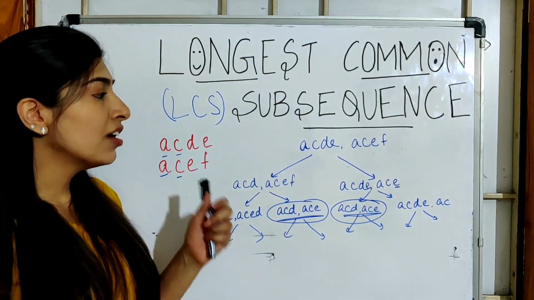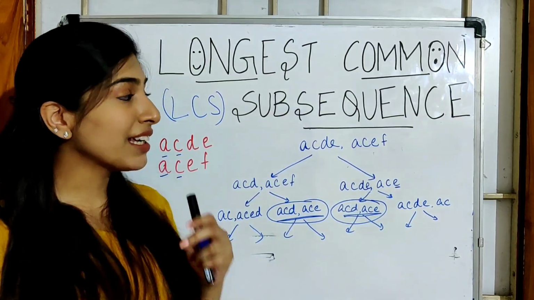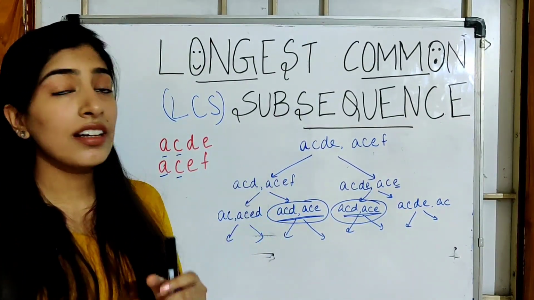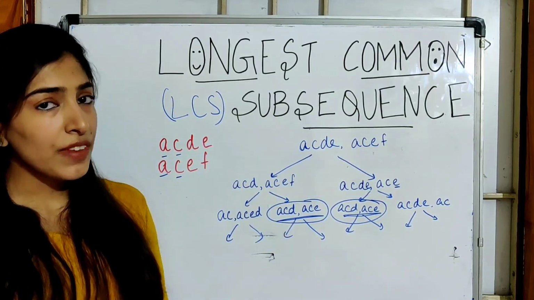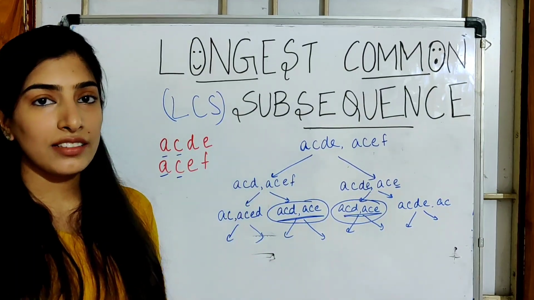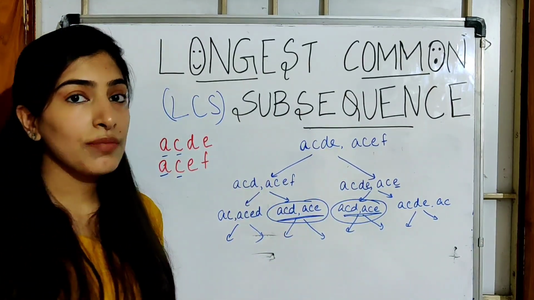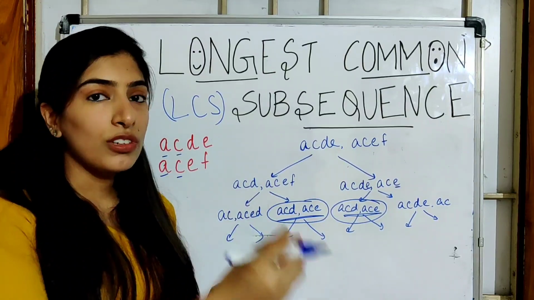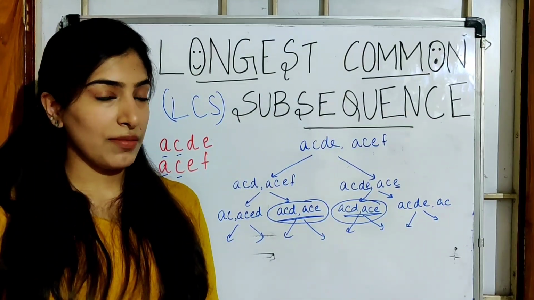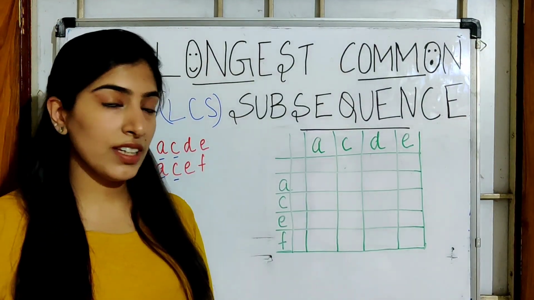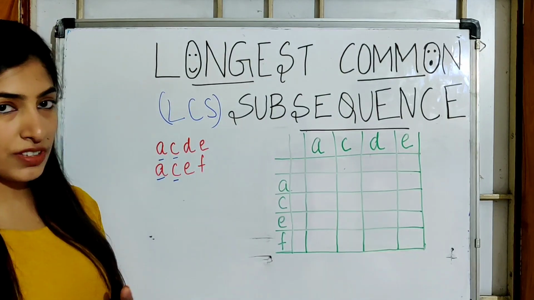Another approach is, we know that this will break into a lot of sub-problems, but in the end we will have to find answers for all the combinations possible for these two strings, right? So why not just find all the answers and do it bottom-up approach, how we did it initially. What do I mean by bottom-up? That means I include strings one by one, the characters one by one. So let me show you what I mean by that. So as you can see, I have taken a grid over here to store all the sub-problems possible for these two strings, okay?